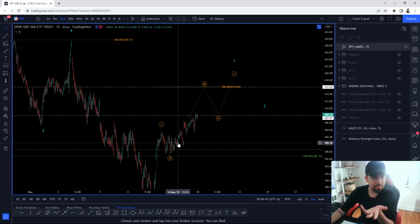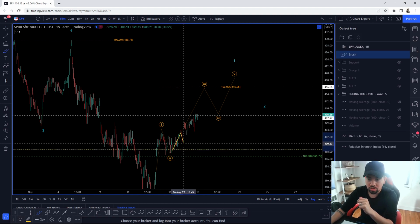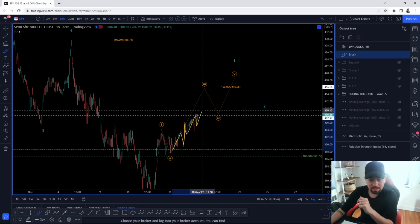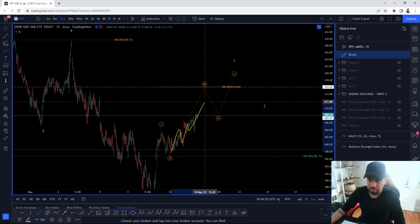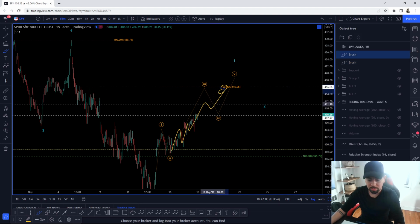Now, do we have evidence of 5 waves, or at least the makings of 5 waves within the wave 3? I just don't see it. There's too much overlap. I mean, this will be considered the wave 1, 2, another 1, 2, 1, 2, 3. I don't think that's the case. What I think is happening here is that this is the 1, 2, another 1, 2. We're in the makings of the third, fourth, and the final fifth, to give us the 100% equality